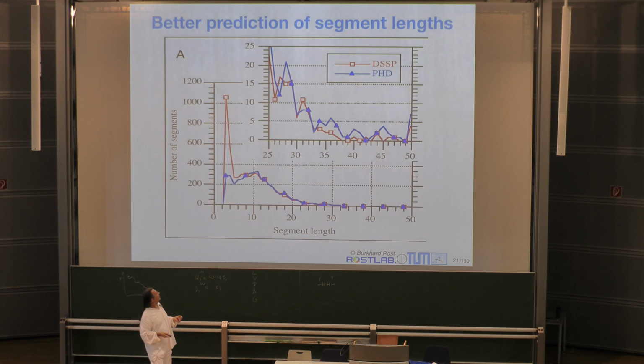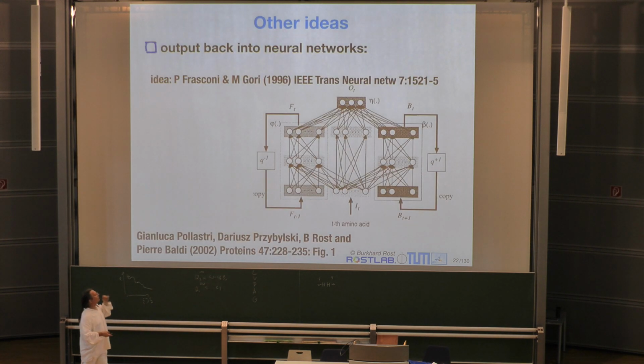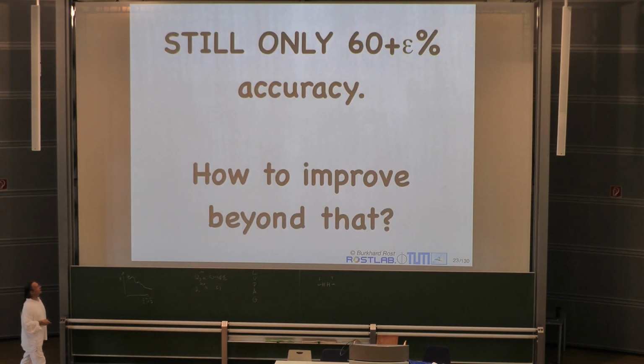Deep learning makes it difficult. And this is sort of a more detailed view of that. And here's an example for convolutional networks that use that, so that feed the output back into the input. But all of this is solving many of the issues with segments and beta strands, but still the performance is not much better than